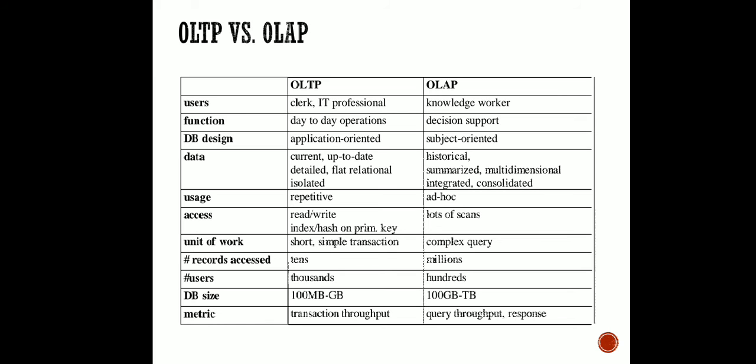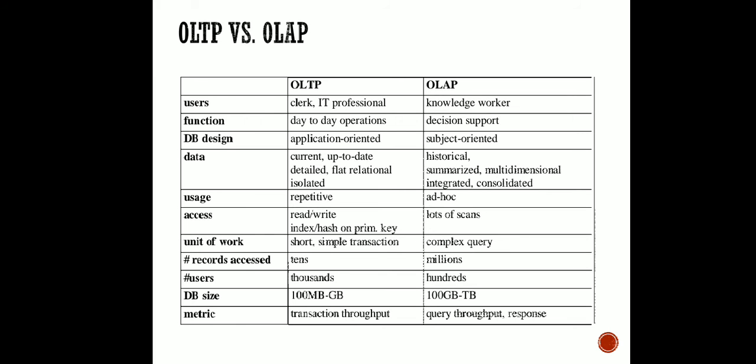Okay, so you can see there are some differences. For the function, if we focus on function, OLTP is used for day-to-day operations. And this is decision support. So whenever we want to gain some knowledge about the data, we are going to use OLAP, because it consists of a huge amount of data. We can dig some knowledge out of it, right? So it is going to provide us with the decision support system. If we have to build some decision support system, then OLAP is required. But whenever online transaction processing or database operations are going on for operational purposes, we are going to use OLTP.